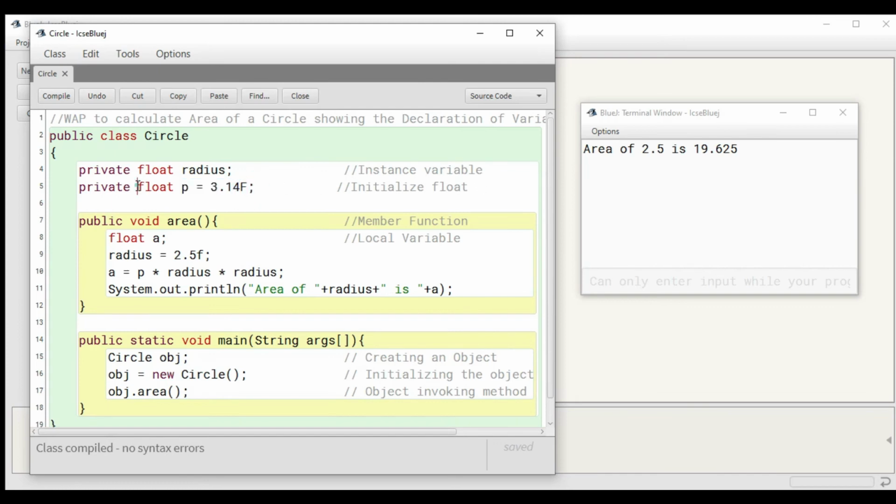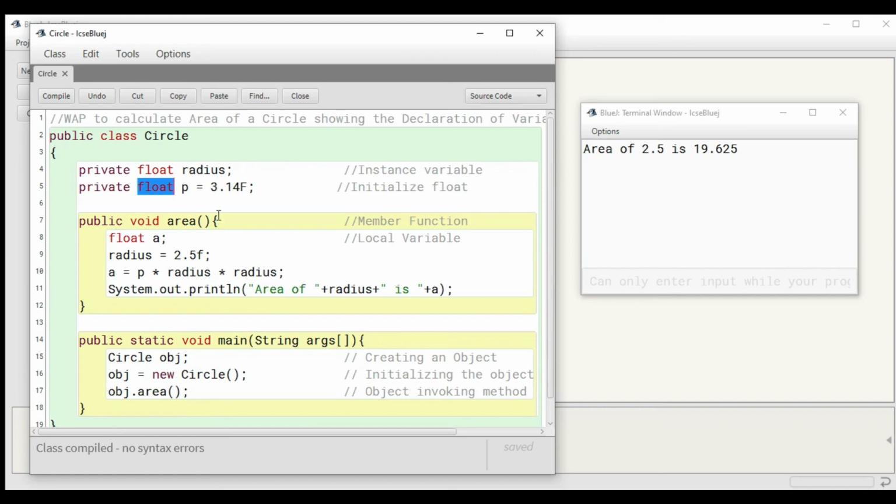Now see over here, I'm using the data type called float. In my previous videos you have seen I have used the integer type, but if you are going to work on decimals, we need to make use of either float or double. In this particular program I am using float. Whenever you are working on float, you have to use the suffix f after you have written the value. So this f has to be added. This f will signify that you are working on the float data type. Okay, so make sure about this.